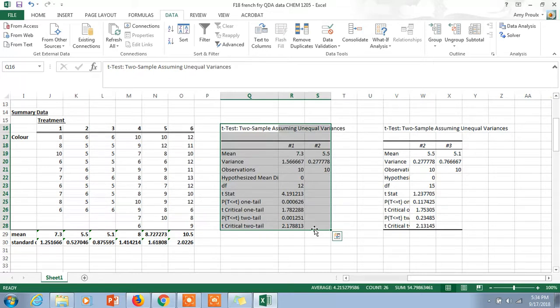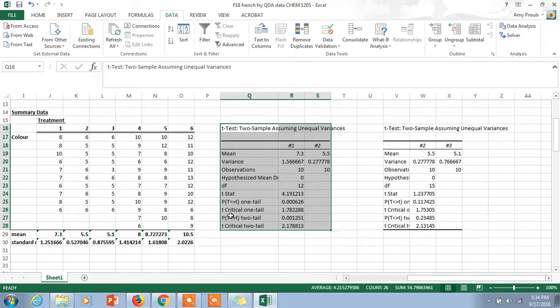Again, this is not a stats course, this is a chemistry course, but I want to walk through what the most important stuff is here. First thing we want to be looking at is this t-stat. This t-stat is reflected back into some statistical tables. And these tables, if we think about those bell curves that we were drawing before,